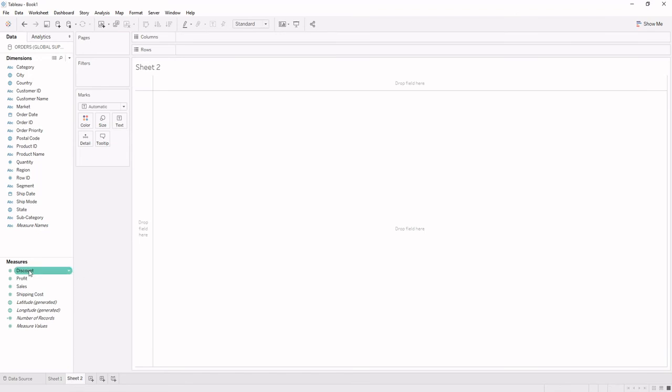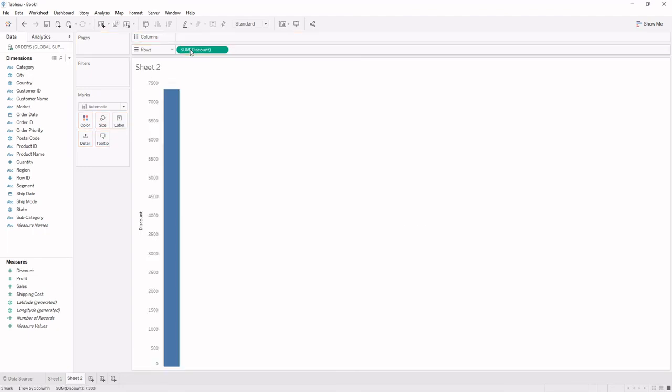Further, we can create our continuous dimension from Measures also, as Measures are by default continuous, and if we remove the aggregations from it, then it becomes a dimension. So what I am doing here is I am picking discount, which is by default a Measure, and keeping it over rows.